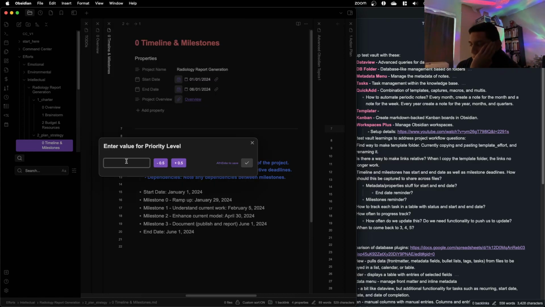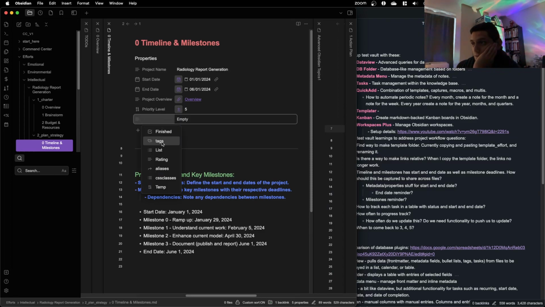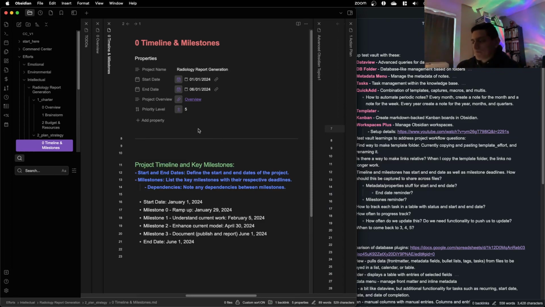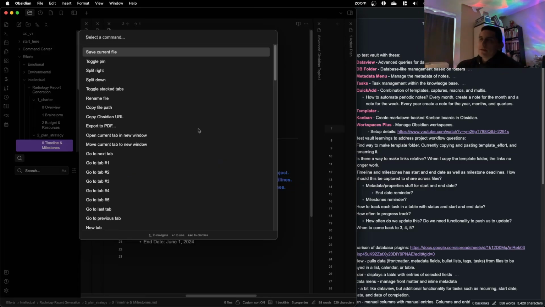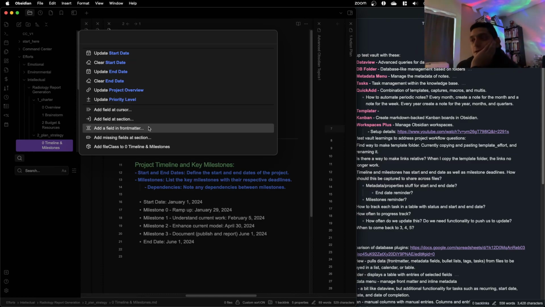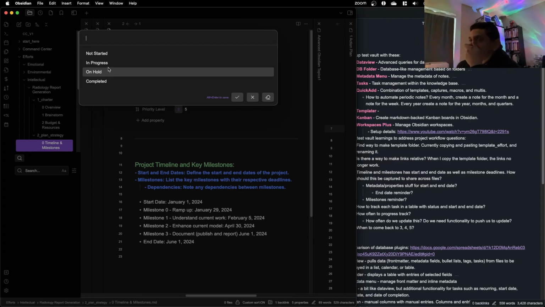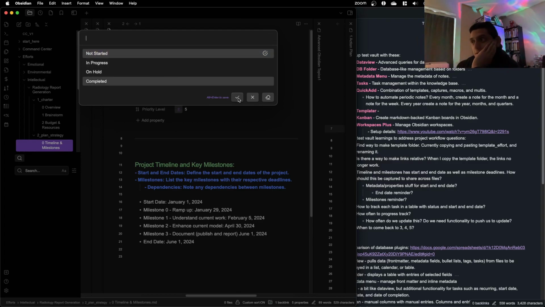Priority level, let's put this at like a 5, because I'm gonna need to spend 10 hours on it, regardless of what happens. And then last option is many field options, was status, not started.